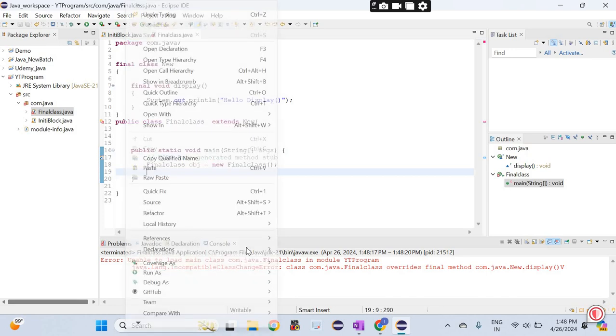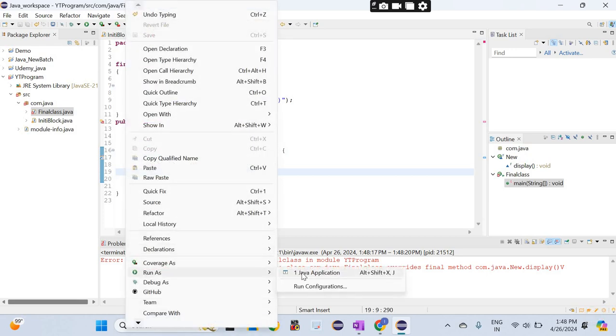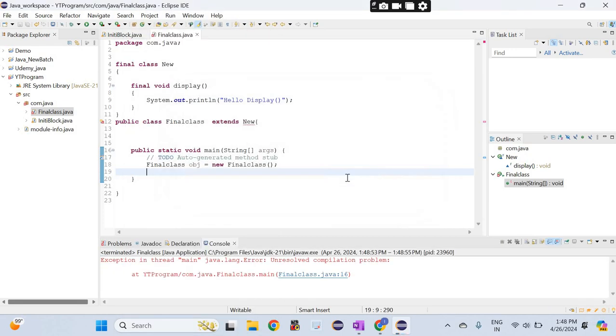So you cannot extend that class. If you try to compile this code, you will get the compile time error. So basically final can be used as a variable, as a method, and as a class. If you use final as a variable, you cannot change its value. As a method, you cannot override it. And as a final class, you cannot extend that class.